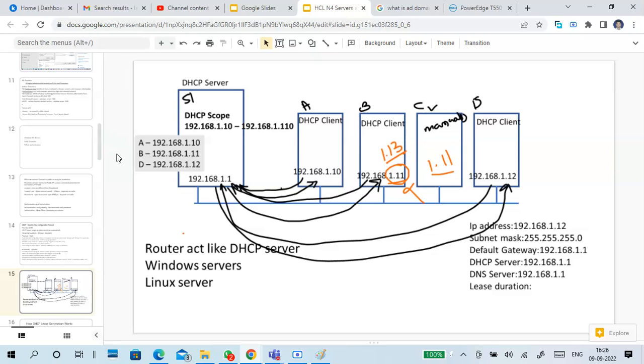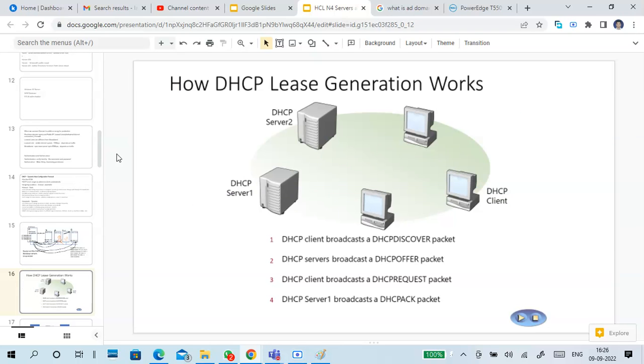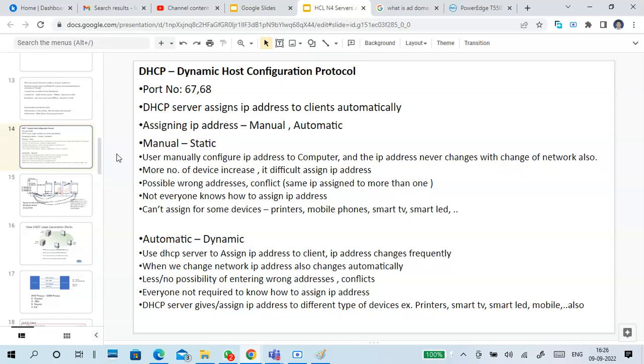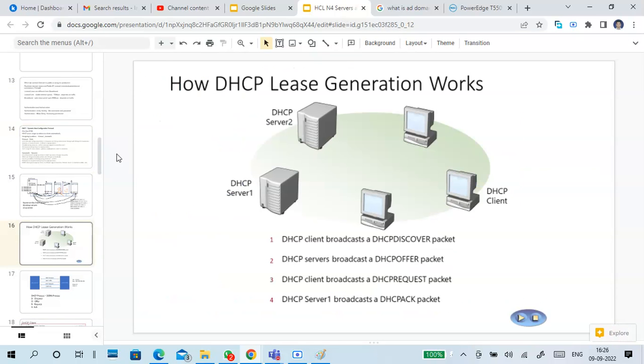In our home, our Wi-Fi router acts like a DHCP server. Or in an organization, if you want more control over the DHCP server, we install it on Windows servers or Linux servers. So this is the main point of DHCP, Dynamic Host Configuration Protocol.